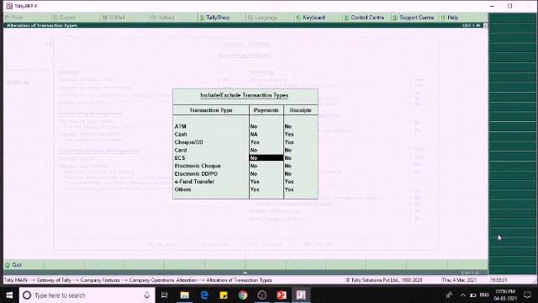Then the next one is electronic check or electronic DD or electronic PO, or purchase order. It is a scanned image of the real check or DD or the purchase order sent by mail and digitally signed by using the e-tokens. Then the next one is electronic fund transfer, the transfer of money between two different banks either through NEFT or RTGS. Here NEFT refers to National Electronic Fund Transfer and RTGS refers to Real-Time Gross Settlement. And then the last one is others.